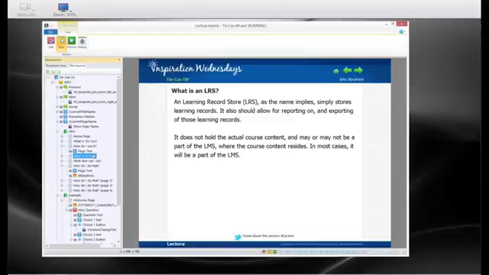The big difference between an LRS and an LMS is that the LRS does not have the course content. So right now we all look at an LMS, we publish to an LMS, we copy our course up there. That's not really necessarily the case with the LRS. However, that being said, most of the time, especially in these first instances, the LRS will become part of the LMS. They may not even separate it out in your view, so you will just feel like it's the same thing as your LMS. So you'll put your course into the LMS, and it will report to the LRS. It'll seem all as one.